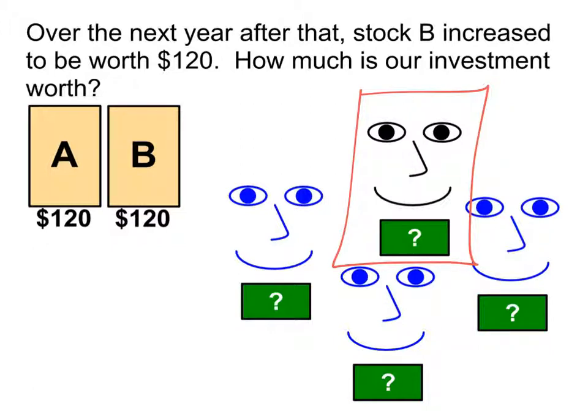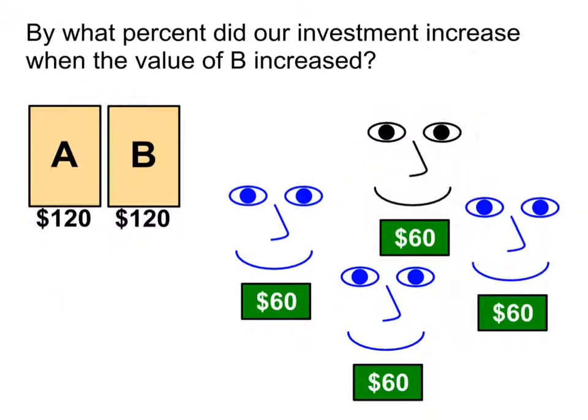All right, so to figure that out, we first have to figure out how much total it is worth here. Well, 120 and 120 is 240. So the whole thing is worth 240. Are we splitting it up equally? Yes, because everybody put in the same amount. Everybody put in $50, so we're splitting this equally. So we're going to do 240 divided by 4 to find out how much our particular share is worth. It's worth $60 now.